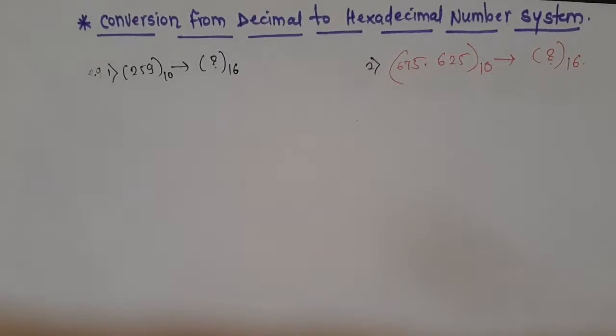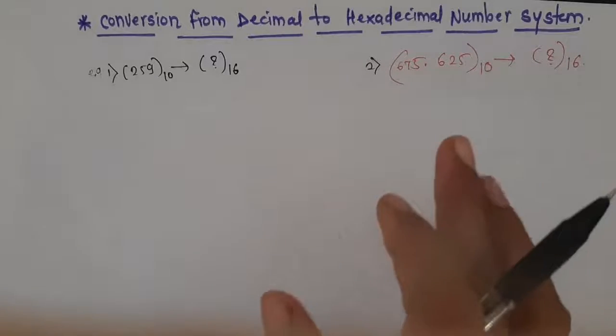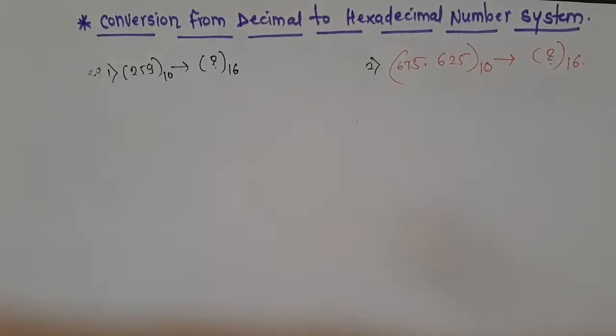So we have seen that the method is the same for all these three conversions, that is, we are converting a decimal number to three other forms: decimal to binary, decimal to octal and decimal to hexadecimal. That's why the process is the same. Only one thing changes: the dividing factor is different, because the dividing factor is nothing but the base of the system into which we are converting. So in decimal to binary, the converting number system is binary. That's why the dividing and multiplication factor was 2.